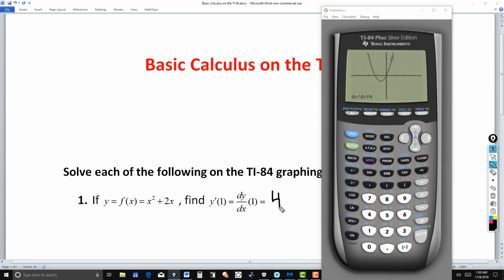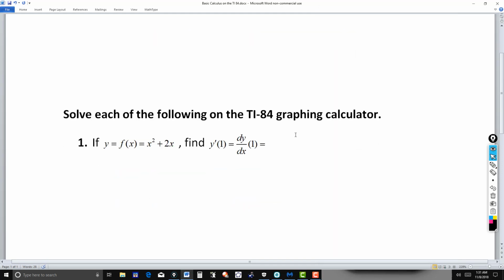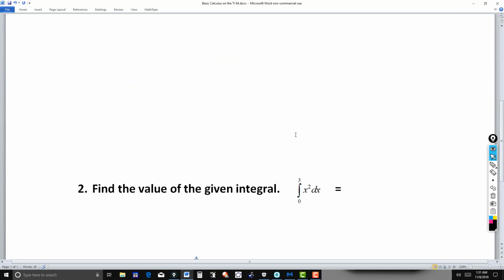Okay. Let's clear this. It says find the value of the given integral. So this is just the opposite of the derivative. You take the derivative of a function, you get another function. And then you take the antiderivative, which is the integral, and you get back the function. Okay? So if I was just looking at